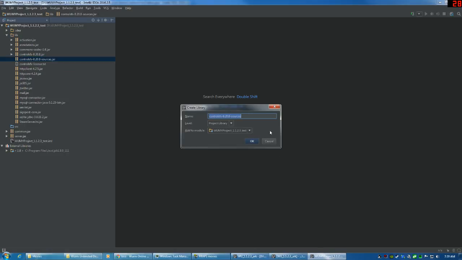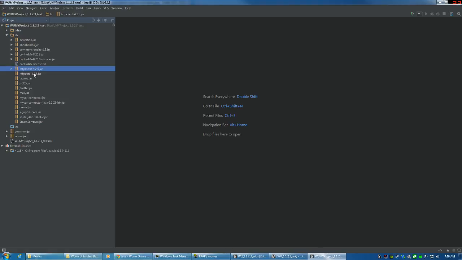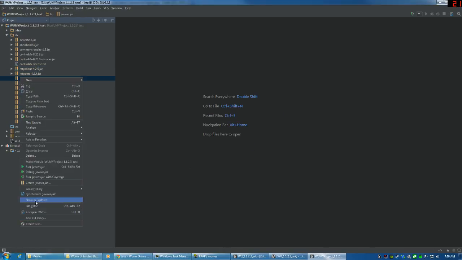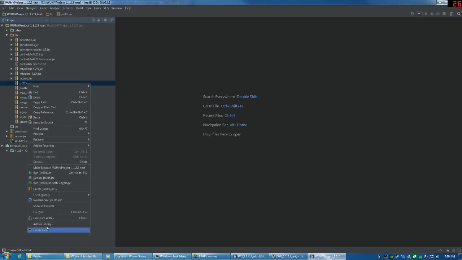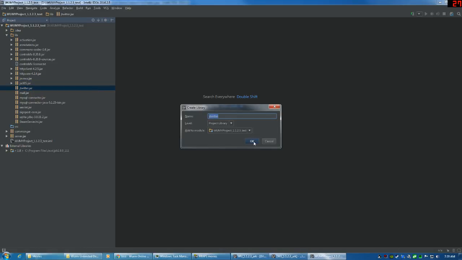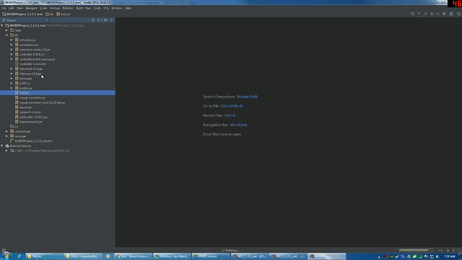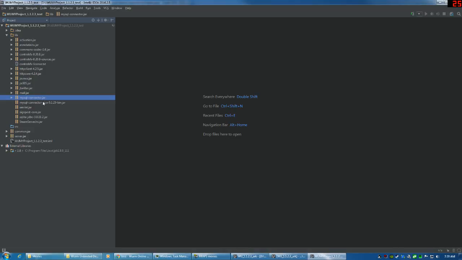It's a slow process at first, and you have to do this every time, especially if they changed one of these libraries. If they added something new to the library, changed something, or added a method to these libraries in Wurm Online, you would have to go in here and make sure that you're getting the right one. So every time they upgrade,